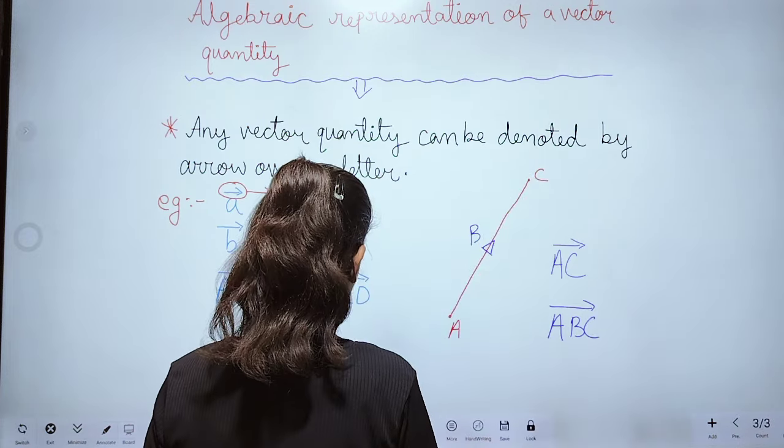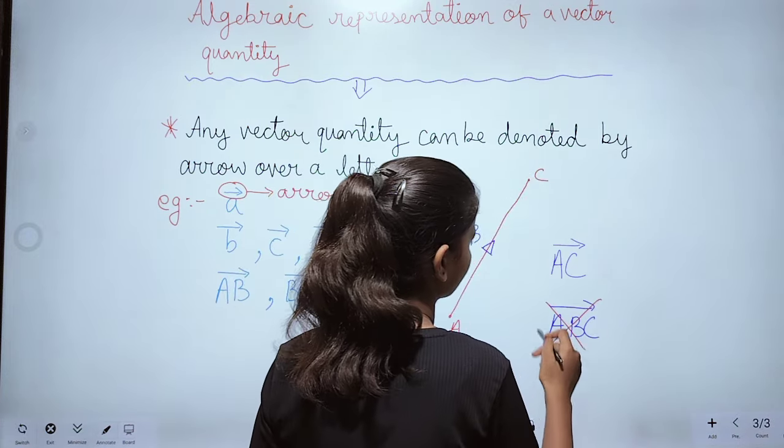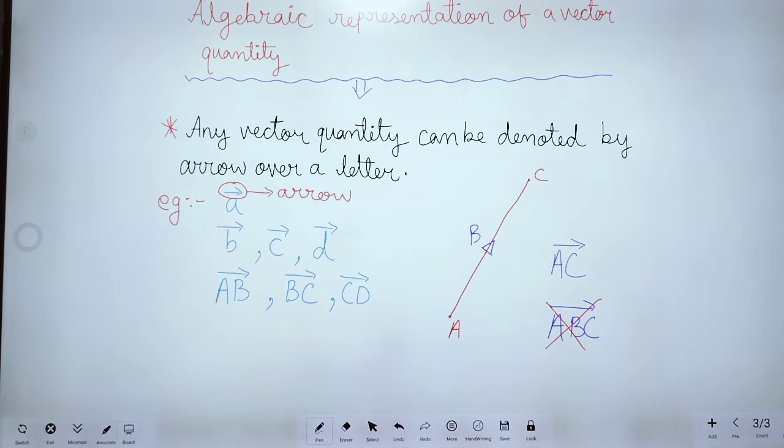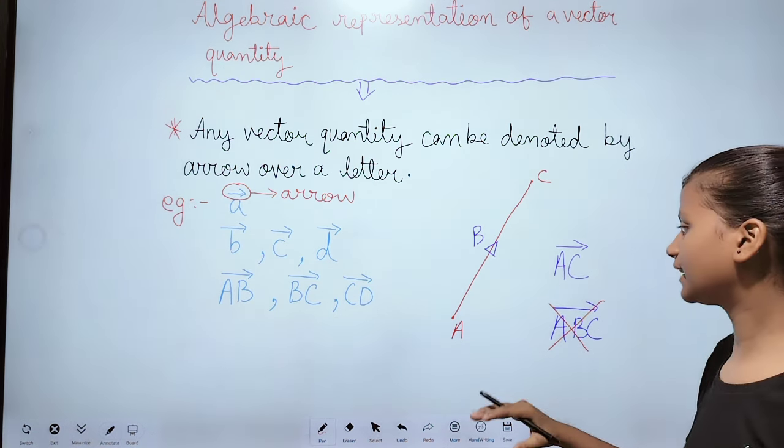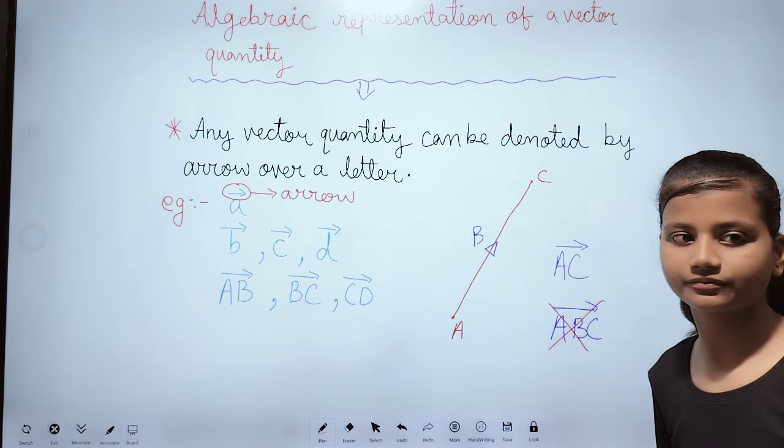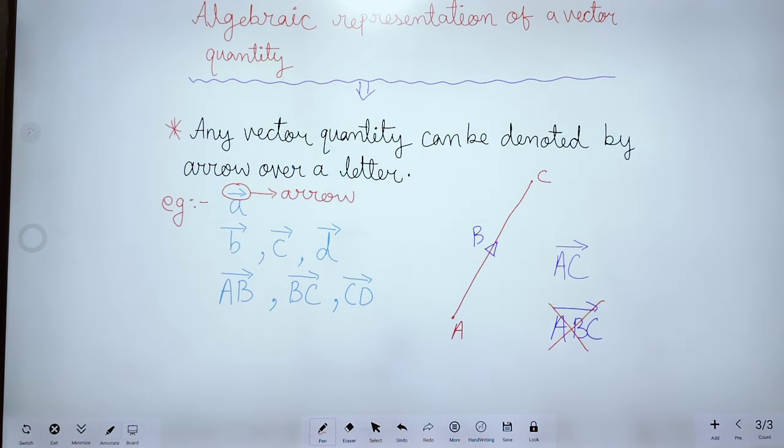This one is wrong. Okay. We cannot say that ABC is a line. We can only say that AC is a line. Okay, so that's why